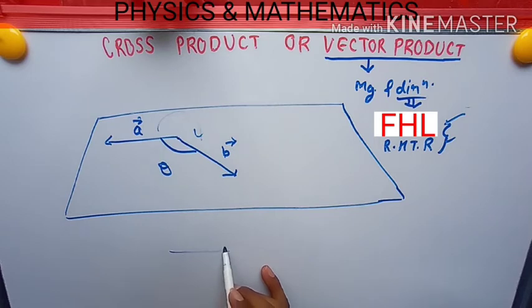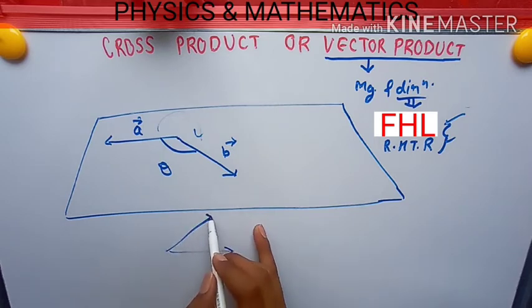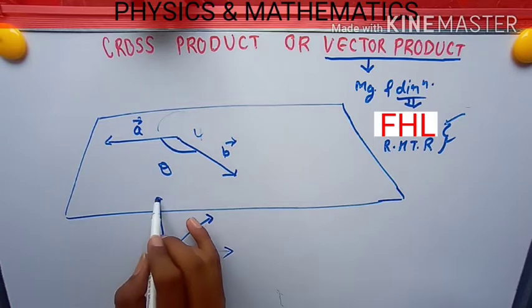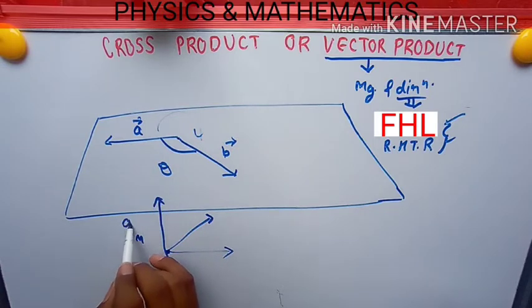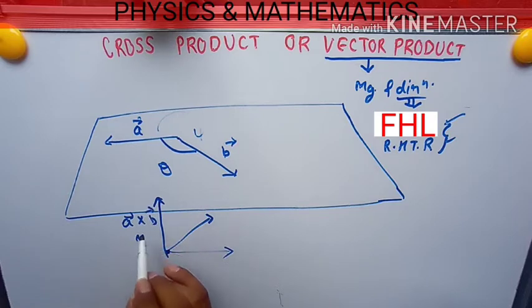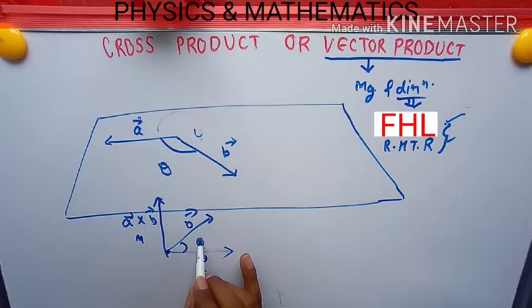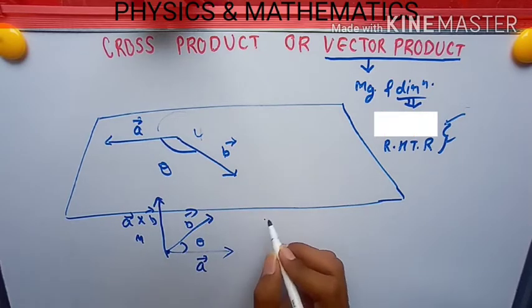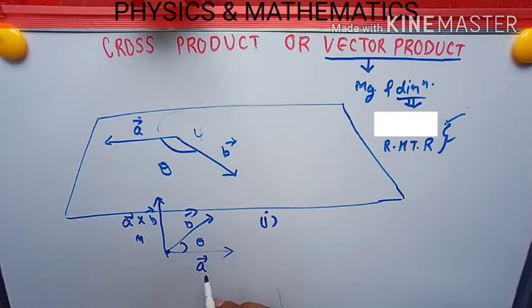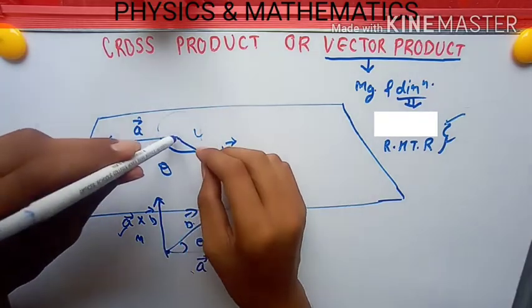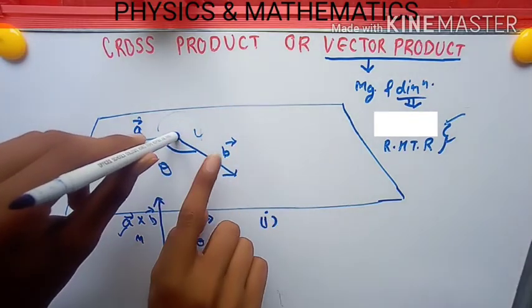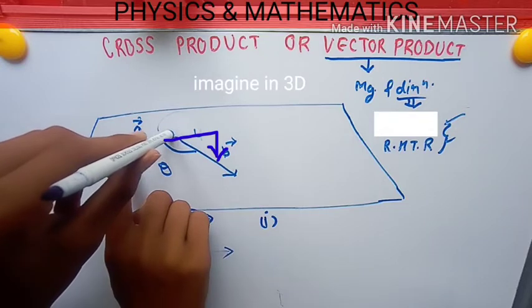I cannot draw the vector here, so I'll choose the simplest way to define this. This is A, this is B, and we'll choose the n cap, and it will be written as A cross B. Okay, direction of A and B, this is theta. So there are some important features of this product. The first one is A is perpendicular to n cap, meaning A is perpendicular to the resultant. B is also perpendicular to the resultant. You can see here clearly. Look, this is perpendicular, this is also perpendicular.